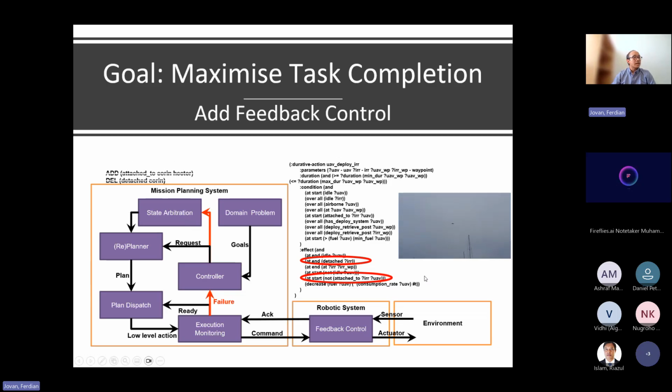Then it can try to replan and patch this plan again to be executed by the robot, basically to redeem the failures there.